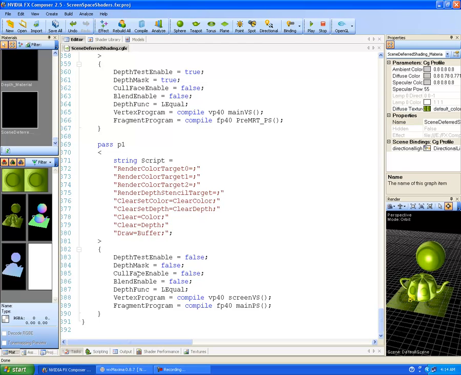Alright. CullFaceEnable = false; BlendEnable = false; DepthFunc = LEqual; VertexProgram = compile vp40 screen_VS(); FragmentProgram = compile fp40 main_PS(); close curly brace, close curly brace, and we are done with that shader. Once you are done, you should be able to drag and drop this into the scene,